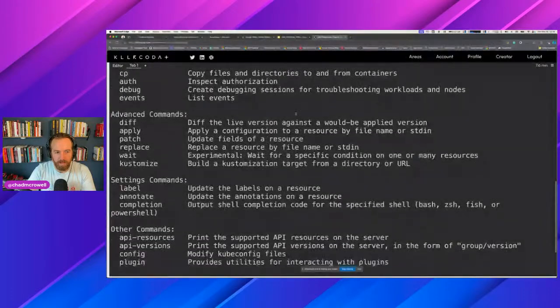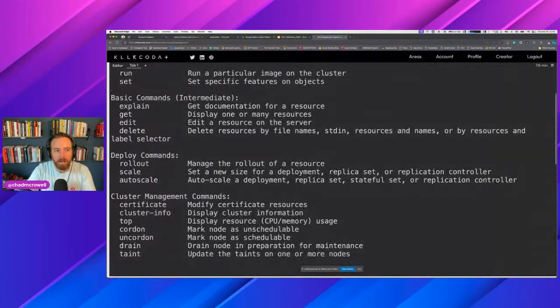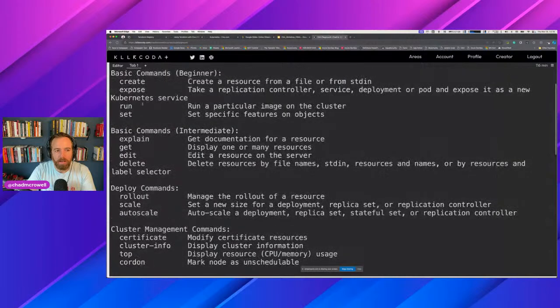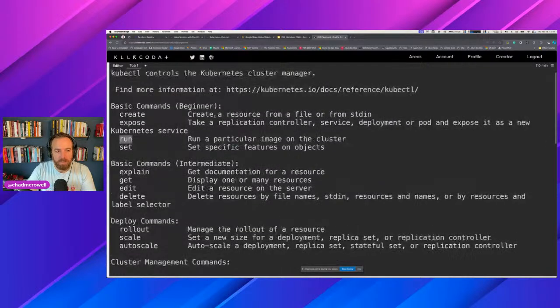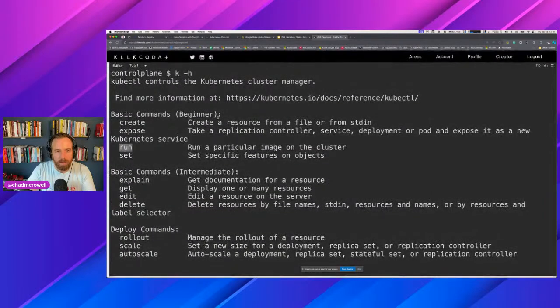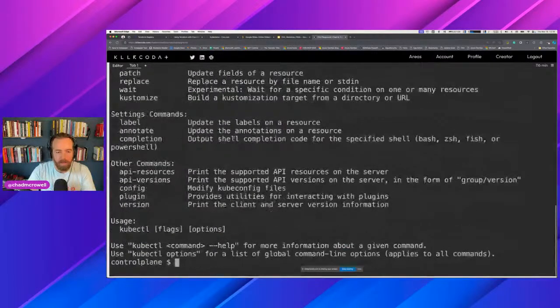So if I do the k -h to bring up the help command, I'll see in the help command is run somewhere in here. Yeah, here it is. So run a particular image on the cluster. And so this creates a pod. It doesn't say that, but that's what it does. And so these help menus are really helpful for not only getting clues as to what command comes next or the syntax for the commands itself, but also